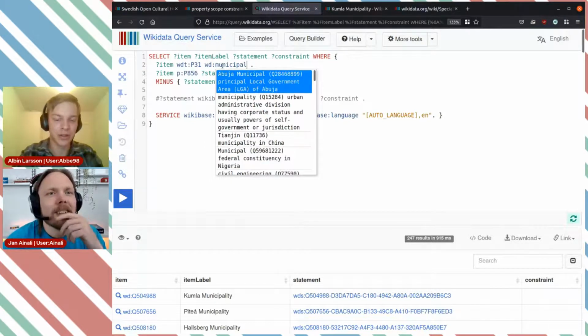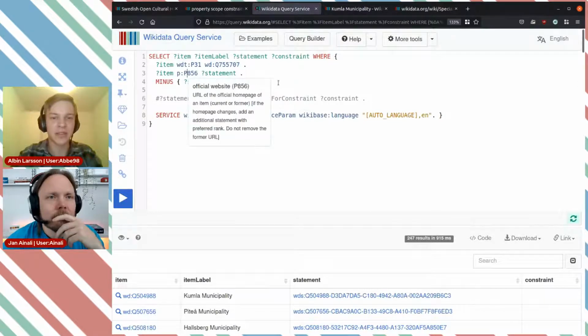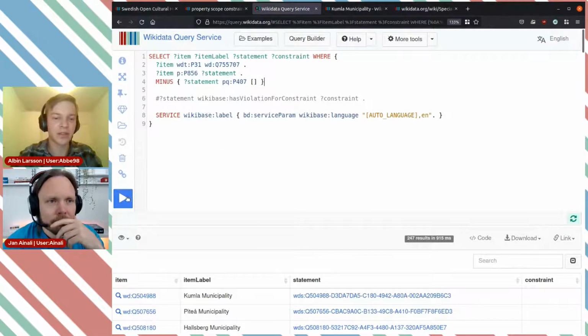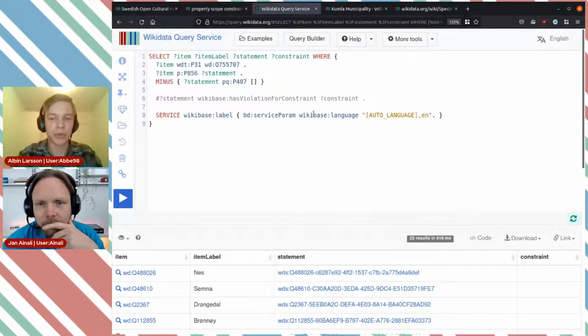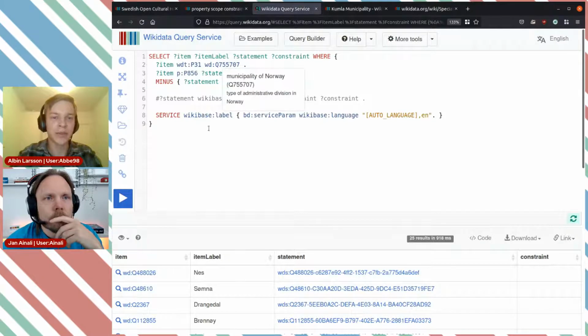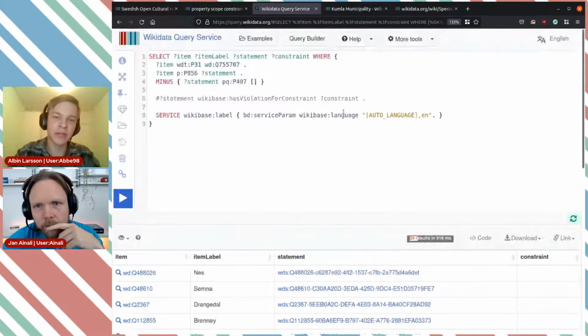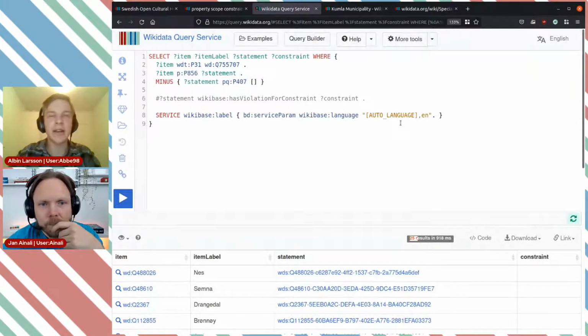Municipality of Norway. There we go. We're going to start with this minus and see what we get. They also have quite a bit more municipalities in Norway. Actually, we got quite a few ones here with the language constraint, and I imagine that my